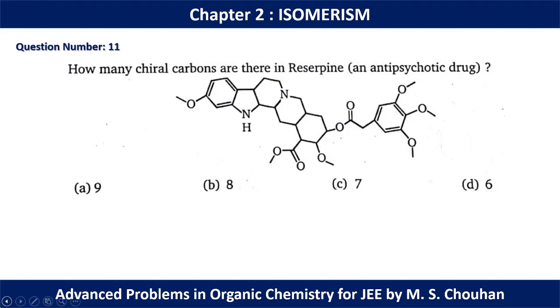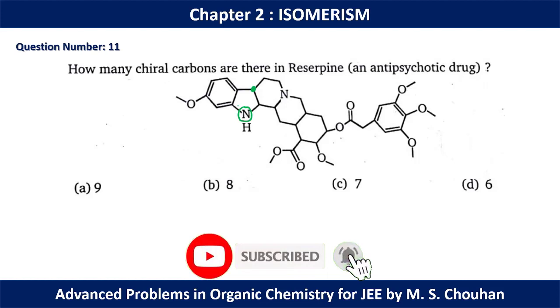So if you start from the left hand side, we have the first chiral center, which is this one. This one is a chiral center. This one is another chiral center. 3 different functional groups and 1 lone pair. Another chiral center, so total 3,